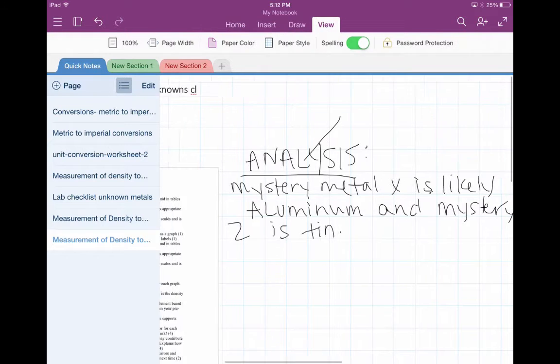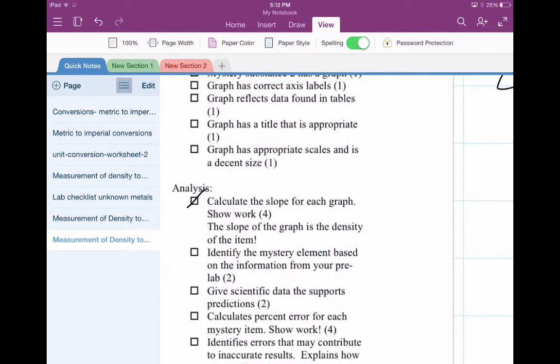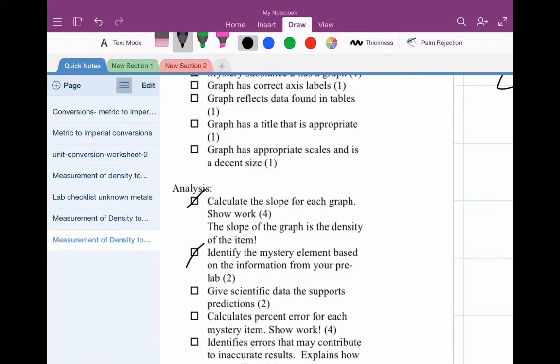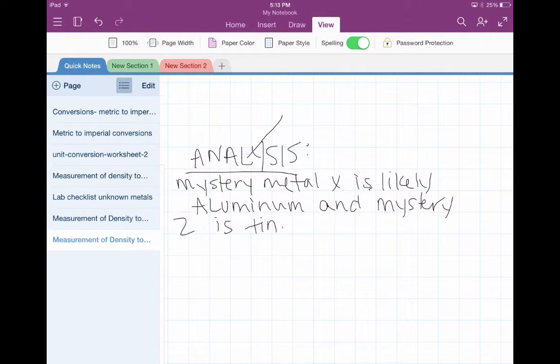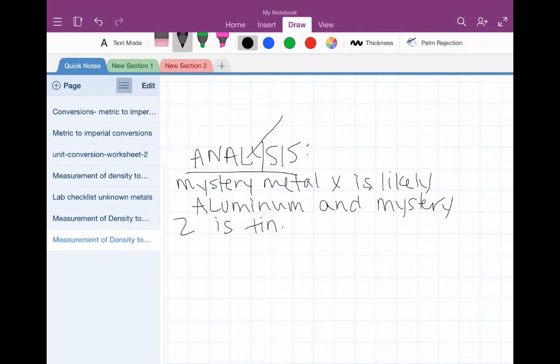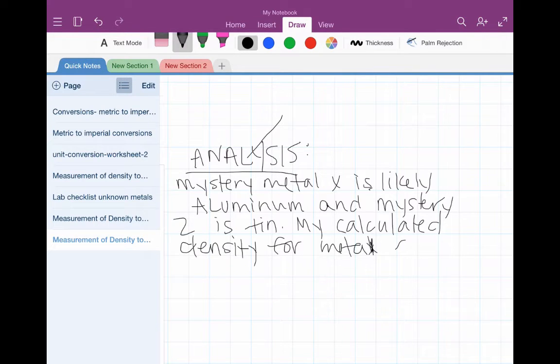The next thing that it asks for us to do on our checklist, so that will take care of this, identify the mystery element based on information from your pre-lab. The next thing it says is that you should give scientific data to support your predictions. In order to do that, over here we would say my calculated density for metal X was 0.113 grams per milliliter, and the density